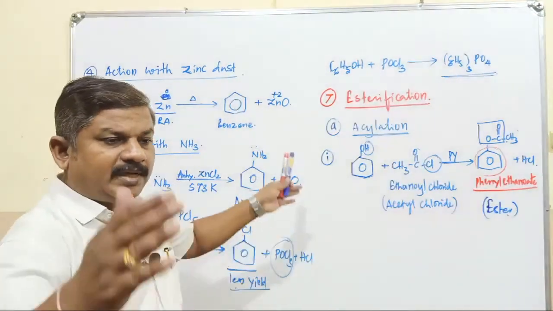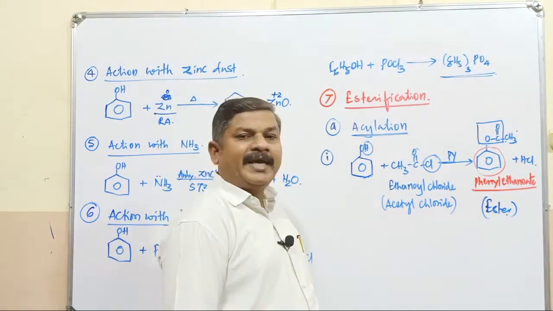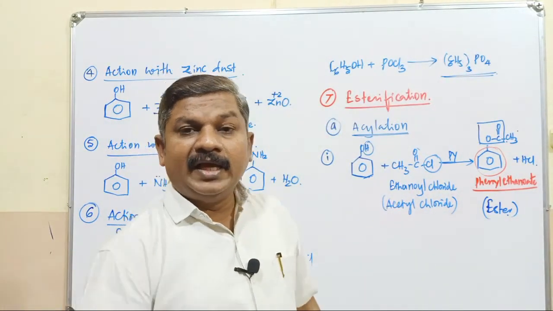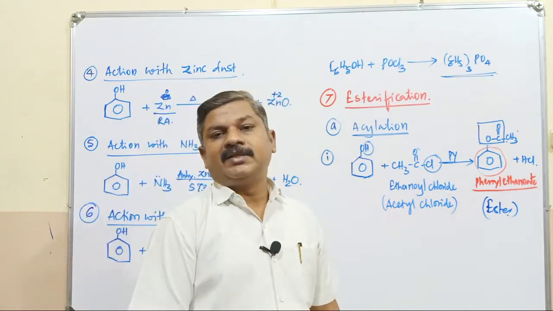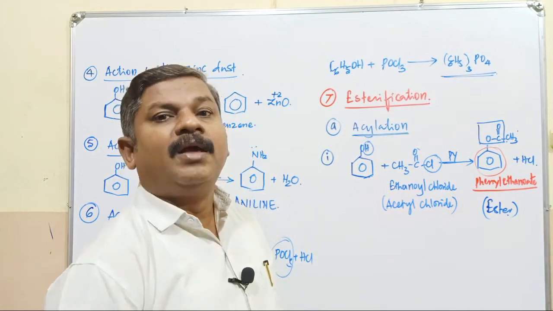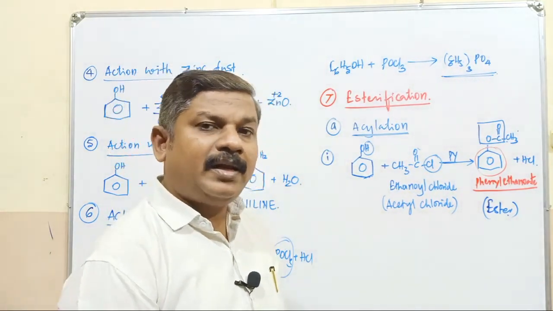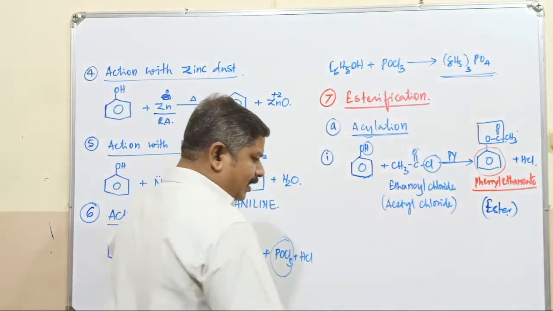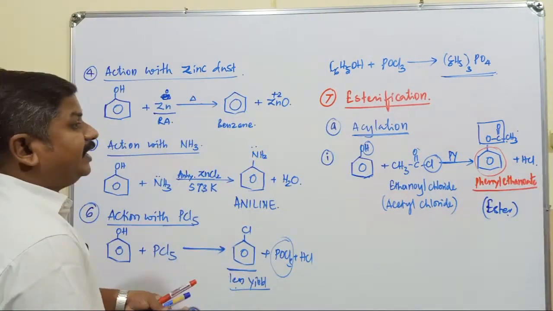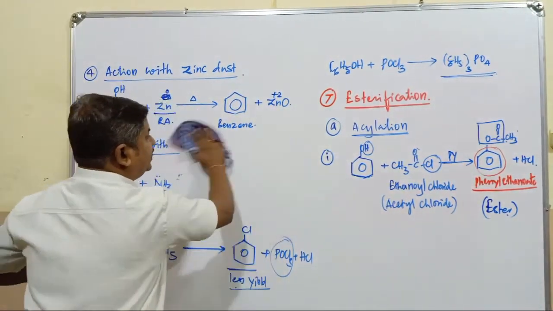We have discussed various types of esterification reaction. If esterification takes place in the presence of sulfuric acid, it is normal esterification. If it takes place in the presence of concentrated HCl, it is Fischer esterification. We have discussed transesterification and intramolecular esterification in detail. That esterification reaction we have completed. Now this is the reaction with respect to which compound? Phenol. What is the reaction here?